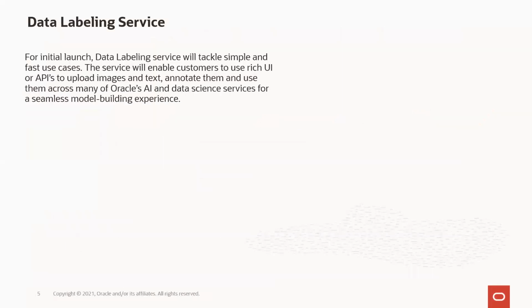Next, we have talked about how data labeling fits in that AI/ML lifecycle, and what is data labeling and why it is important. Now let's talk about what our data labeling service is on OCI. So for the initial launch, the labeling service will be tackling the simple and fast use case. What I mean by that is within a few number of steps, you will be able to create a data set, ingest data from various sources, annotate or tag your data, and then export it, which then can be used to